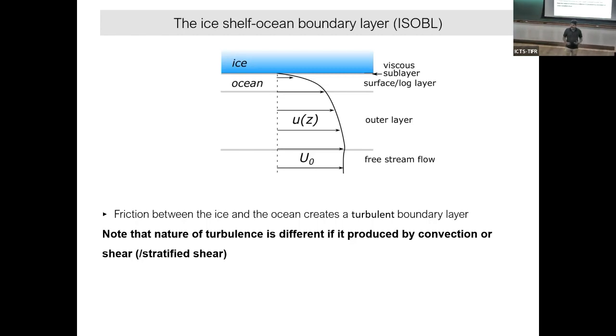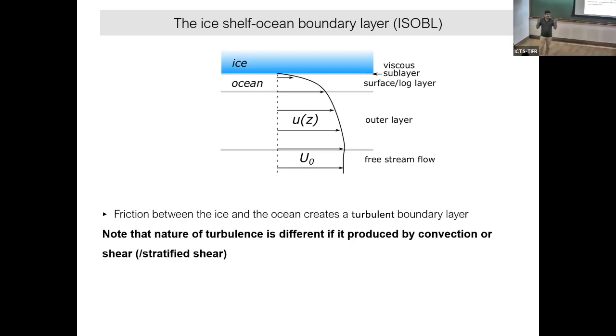And then you get the log layer somewhere here. You see the viscous layer is very tiny. Then you get the log layer, then the outer layer, and then the free stream velocity. There are different layers, but when you have a very energetic stage, this profile matches with other systems also. So it is called a self-similar system. When the flow is not energetic, back again to laminar flow.